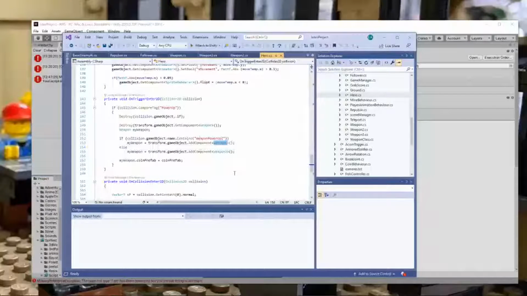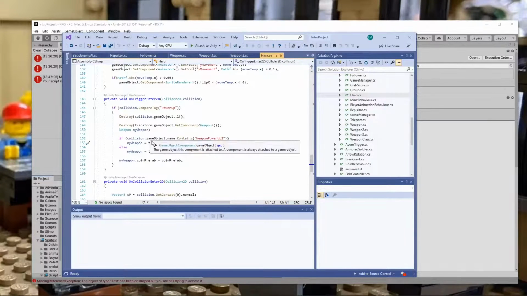Then I add a Weapon3 if I hit a weapon power-up 3, or just add a Weapon2. When I AddComponent, it's adding it to the GameObject that I'm on. So it's going to replace the current weapon with a Weapon3 or a Weapon2.